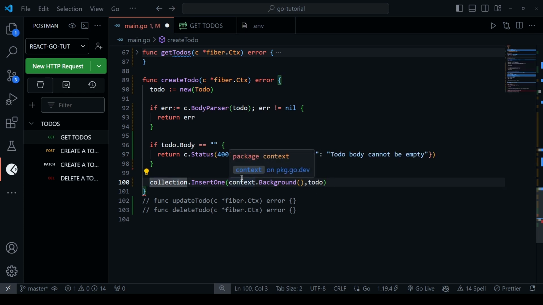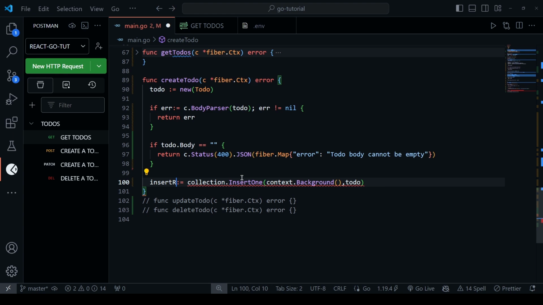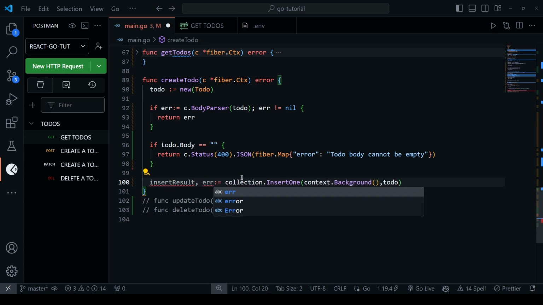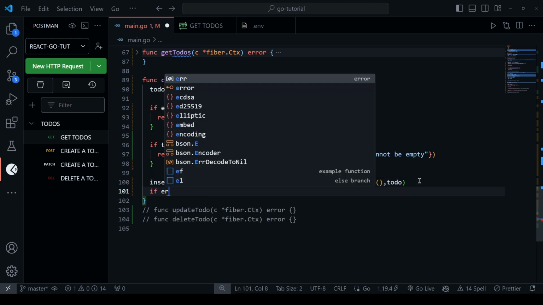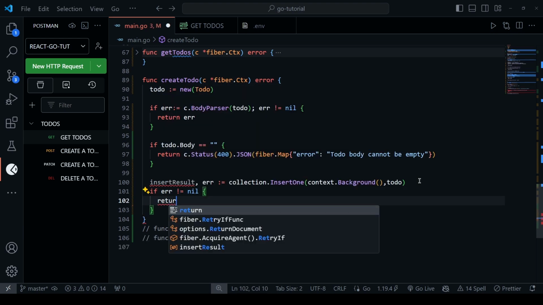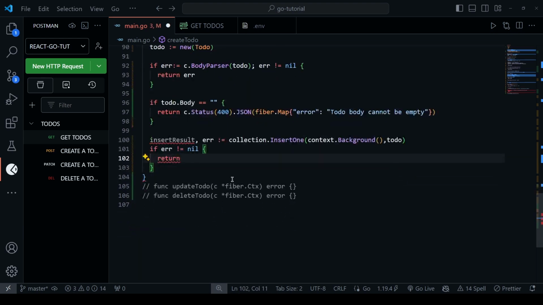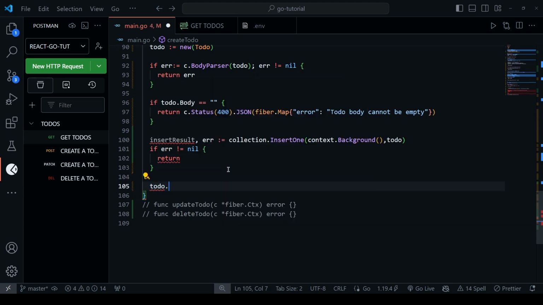And that's going to give us the insert result as well as the error. So here I'll just move on to the next line, and I'll say if there is an error, just return it. But otherwise, let's just move on with the function, where we'd like to update the to-do ID,